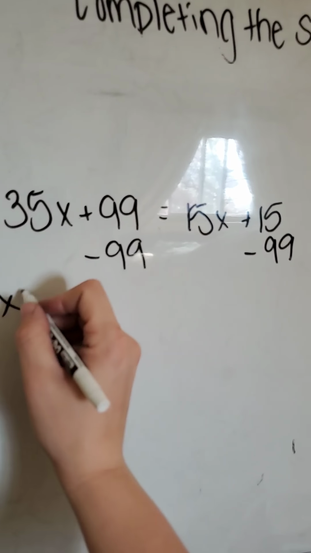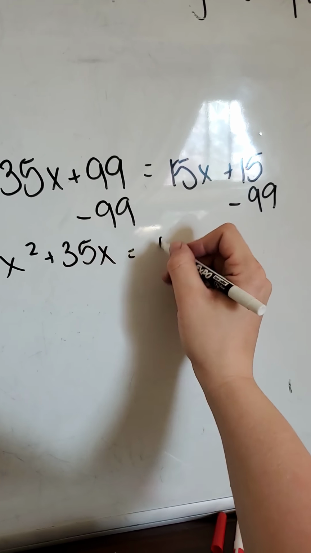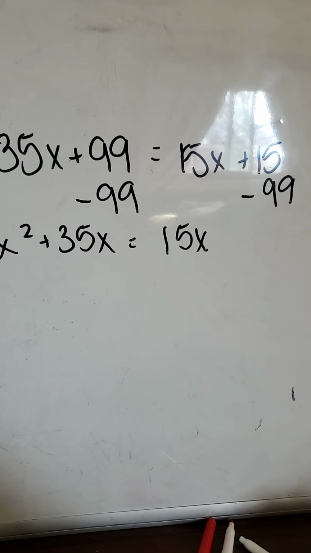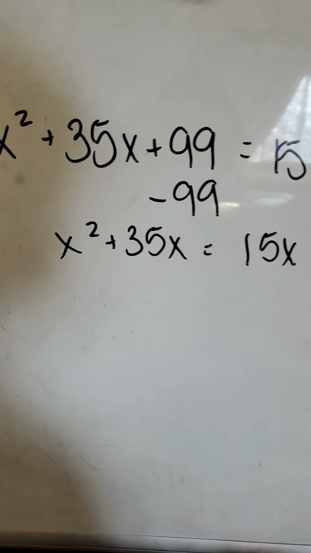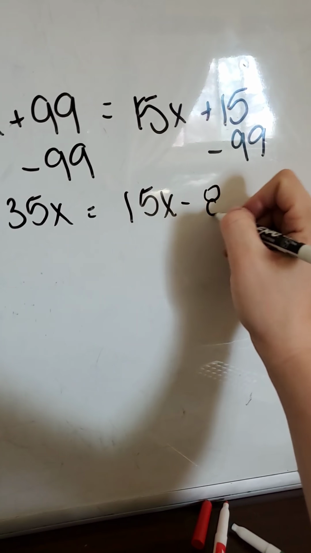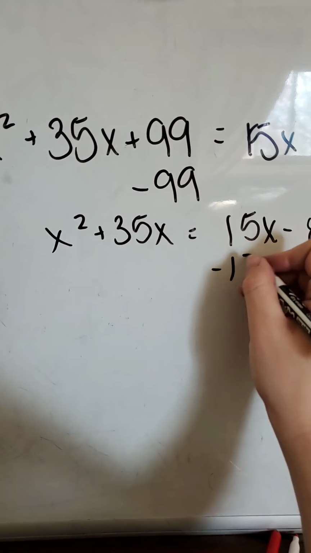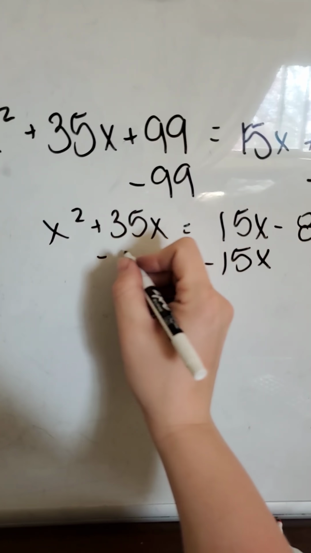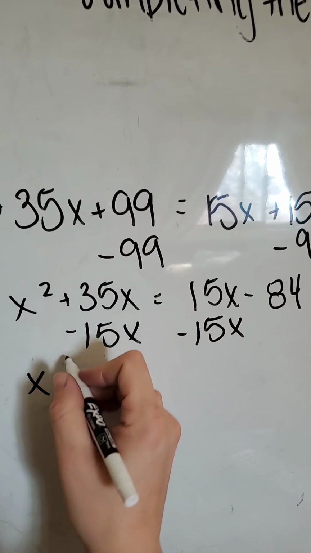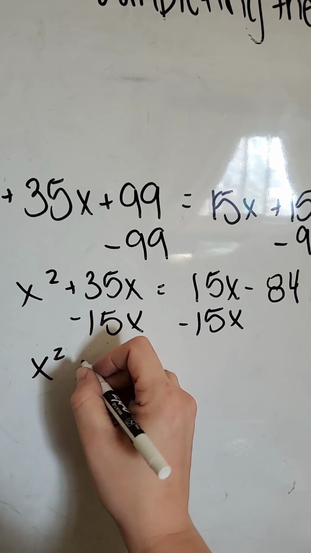Now we have x squared plus 35x equals 15 minus 99, which I think is negative 84. Yes. And then I want to get rid of this 15x. It's on the wrong side. It wants to be on this side with its x friends. So then I get x squared plus, 35 minus 15 is 20,